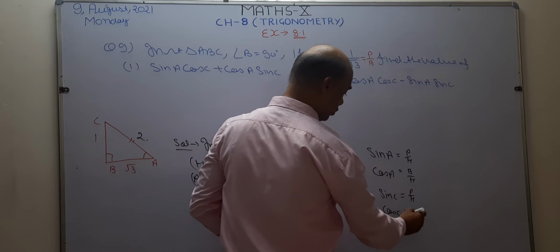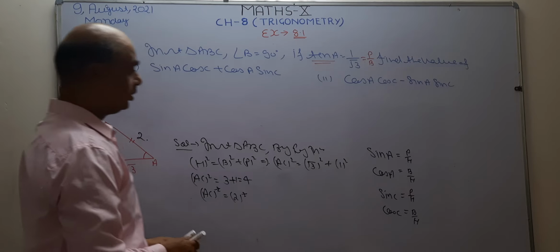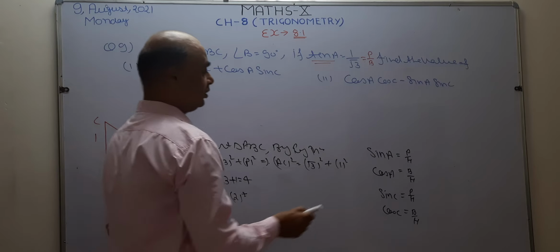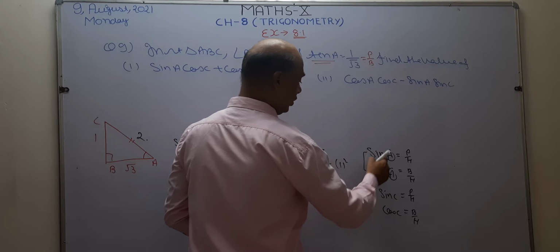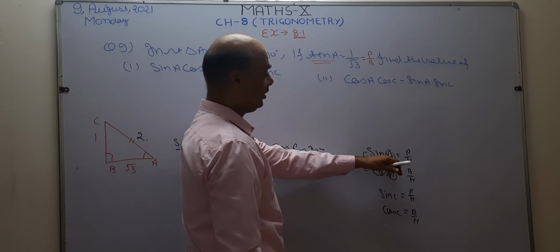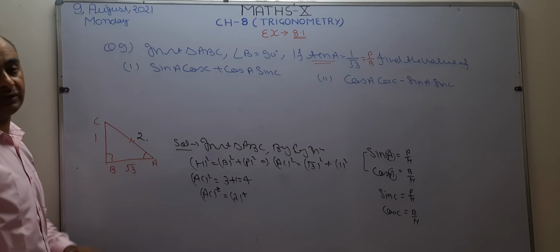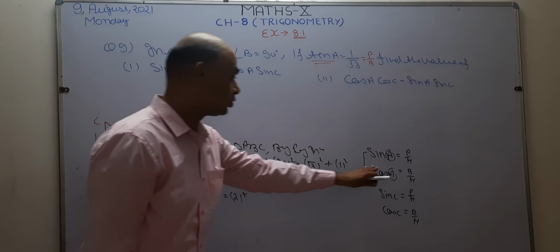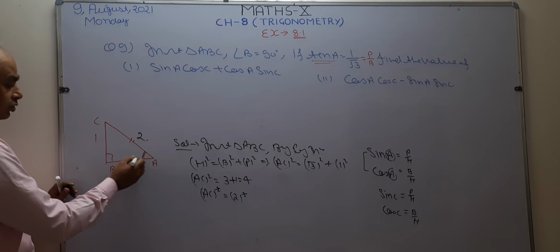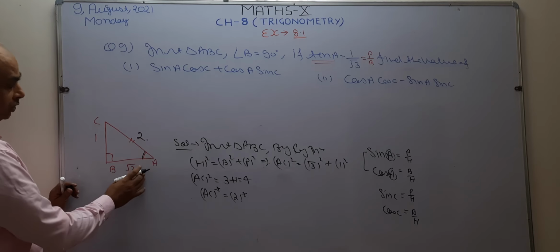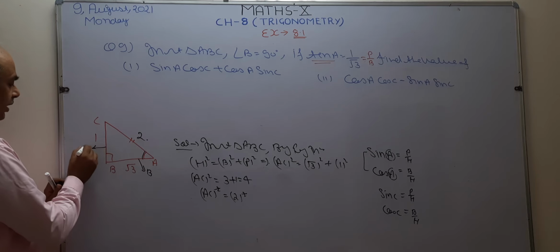So the formula for finding cos is B by H. Clear? Now first I want to check the value of this angle A. These two trigonometric ratios have angle A. So this angle is going to decide, in the given triangle, which one is the base. So angle A is given, so angle A is going to lie on this side. So in the first part of the question, this side AB is going to be the base and this becomes the perpendicular.